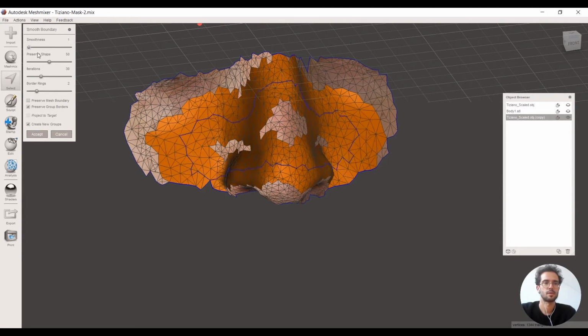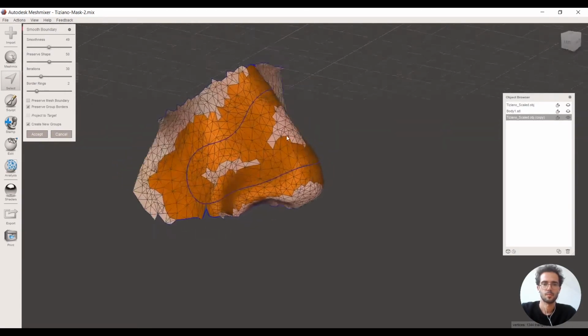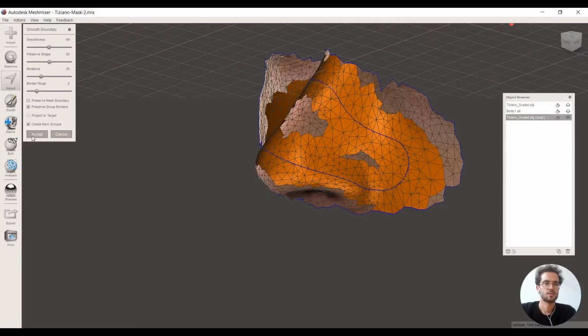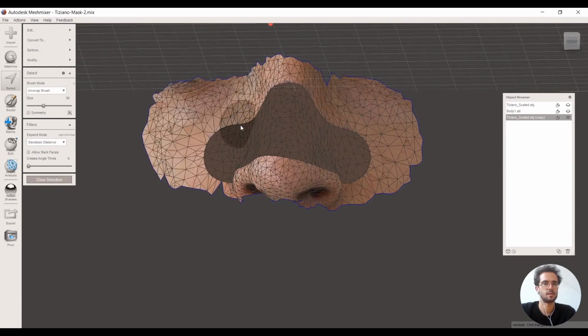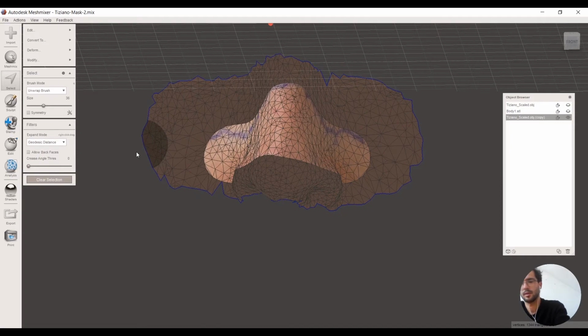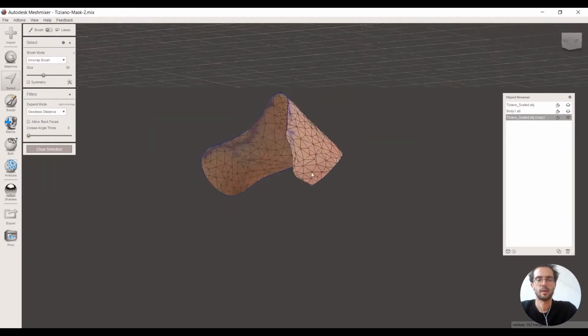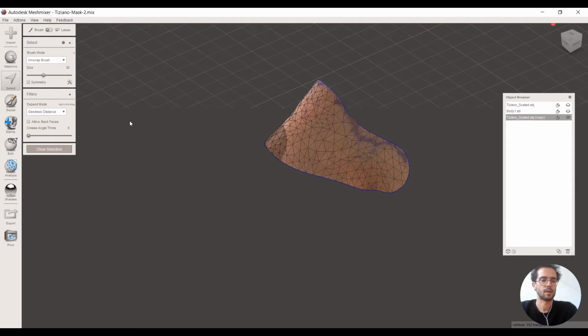So as you can see, from 0 to smoother. Okay, it's fine, accept. And now I still have selected this. So again, modify, invert connected, and delete. So right now I have a nice piece to work with, and we can select all,